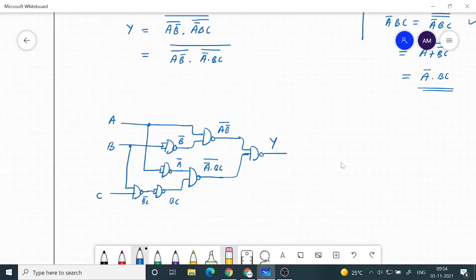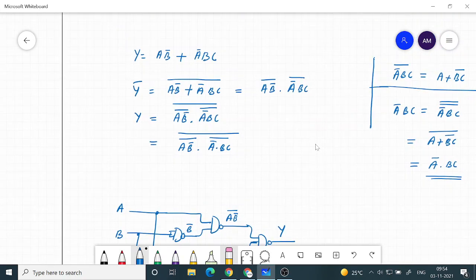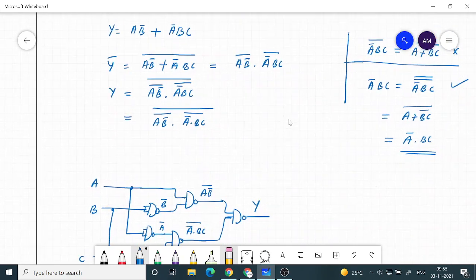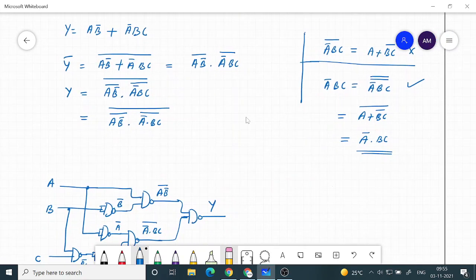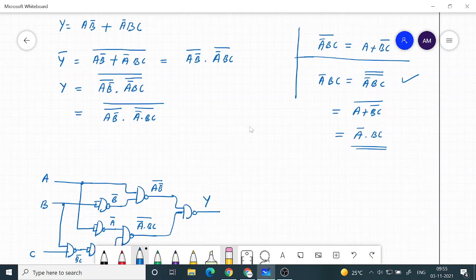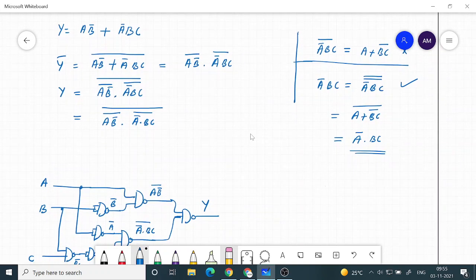Of this Boolean function. Okay, so or you can simply go with direct implementation, and then that will be even simpler, I feel. Like you have A and then B, you put a NOT gate, you get B bar, and then implement the first product A B bar.